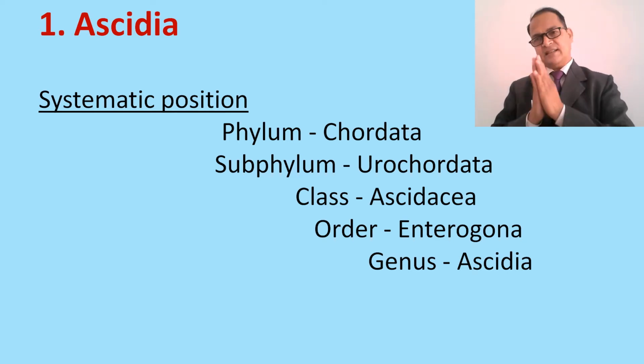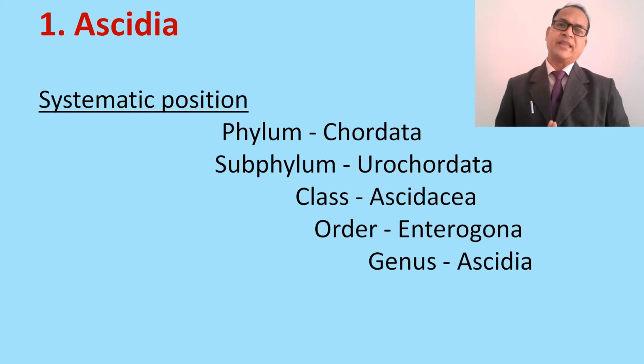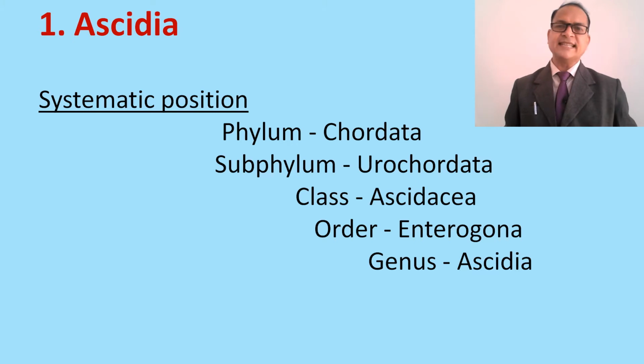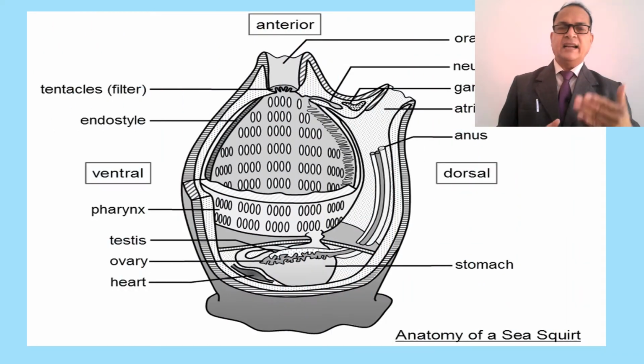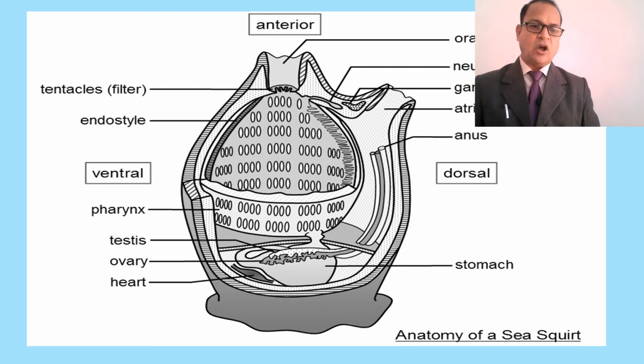Let's start with the first Urochordate, that is Ascidia. Its systematic position is phylum Chordata, subphylum Urochordata, class Ascidiacea, order Enterogona, genus Ascidia. This is the classification or systematic position of Ascidia, and this is the anatomy or the longitudinal section of the sea